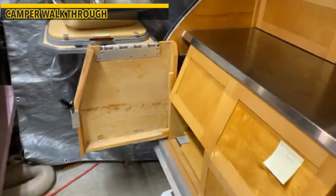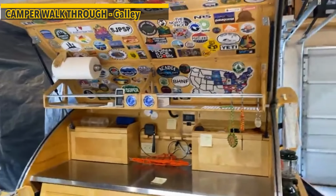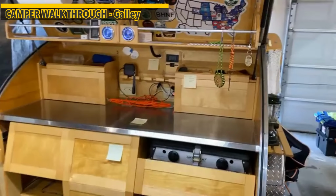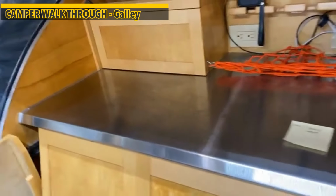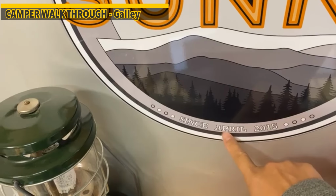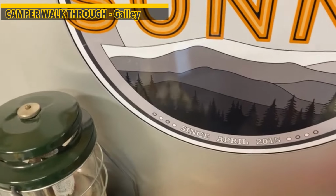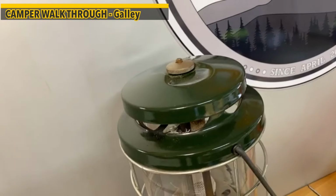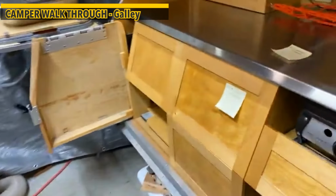Let me start from the back. This is the galley area. I guess I should start by saying we finished building ours in 2015. The first camp was in April 2015. Oh man, I hope you can still hear me okay. There's a neighbor backing up their truck. But when we started camping,